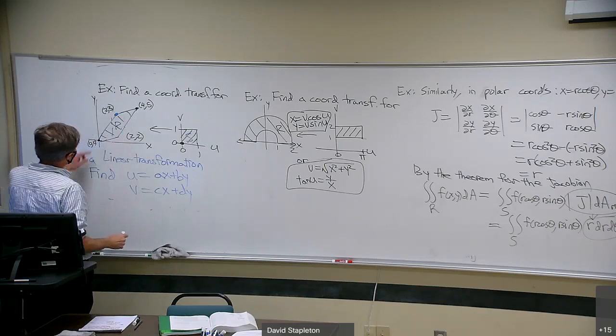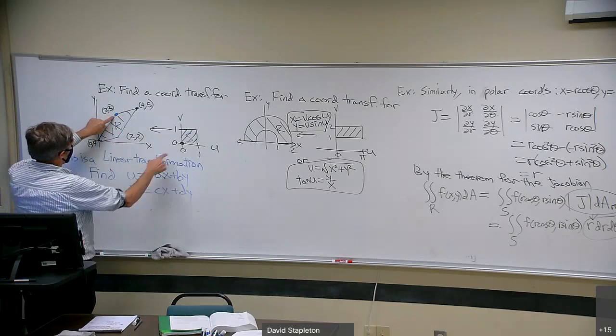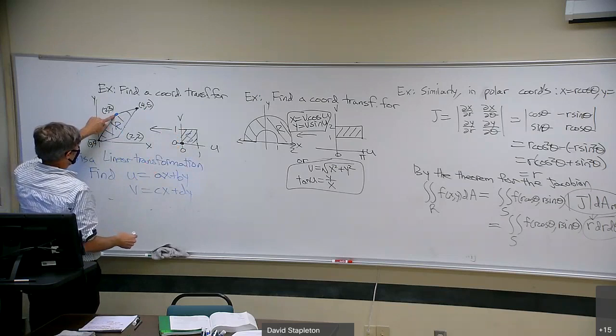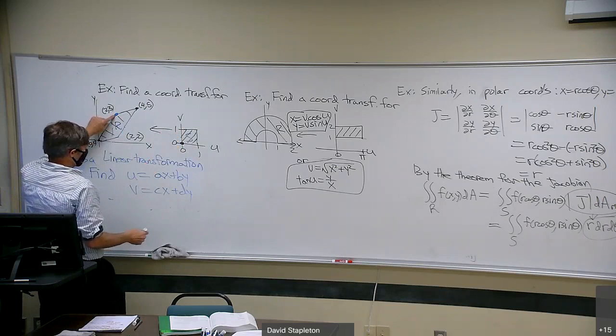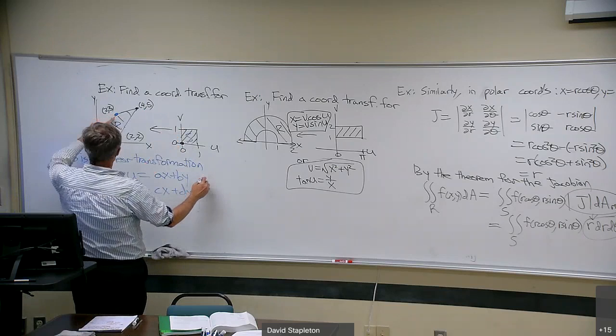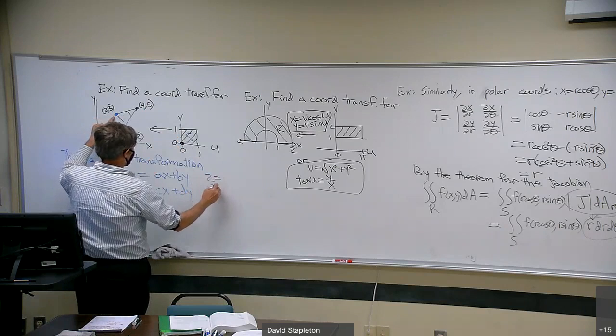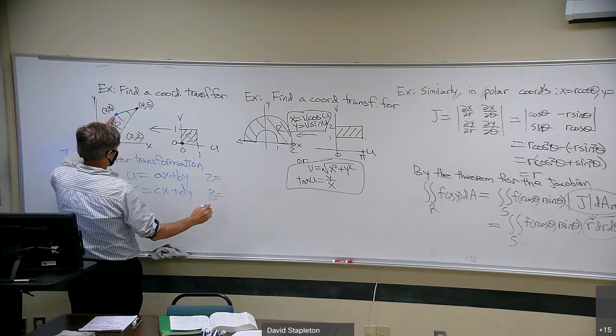There's actually, I think, 2 ways to do it. You can put this one to this one, or you can put this one to this one, depending on the way you want to do it. But you just have to solve this system. So if I want, when u equals 2, v equals 3 is